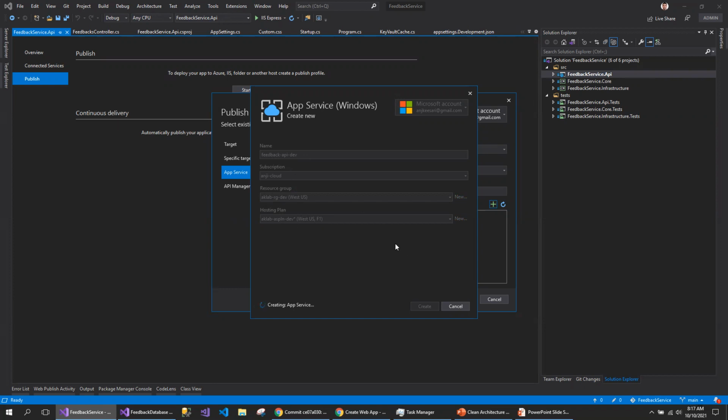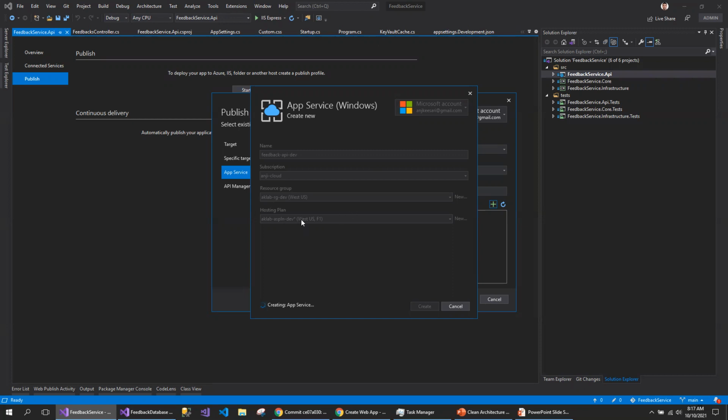This might take a minute, since I selected the free tier, so it's going to share the plan with somebody else's environment because it's not actually an isolated environment.